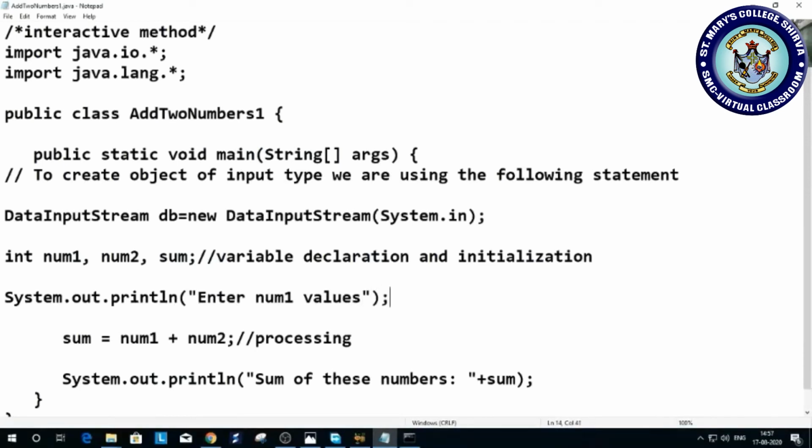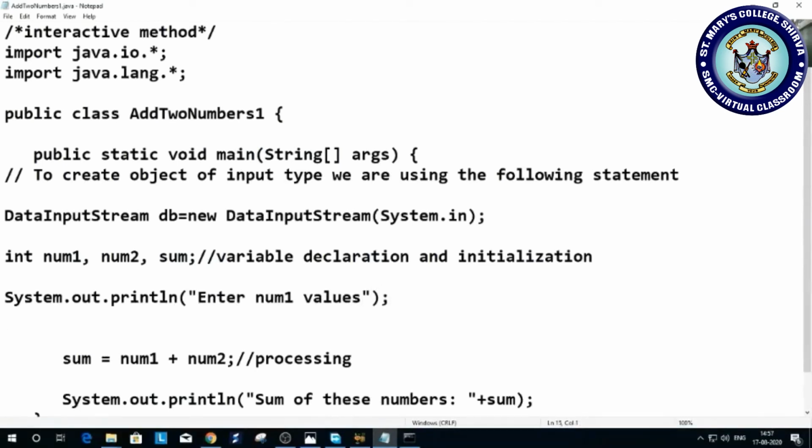Okay. Now we want to read the value from the keyboard and initialize it in the variable, right? So I am using num1 is equal to read the input. We have to use the input object.